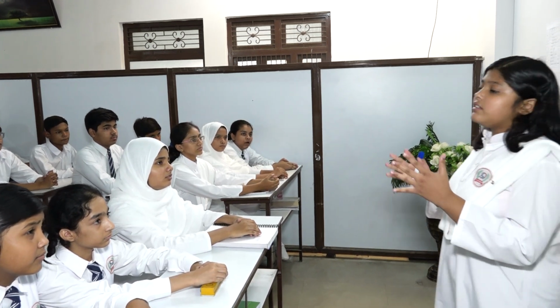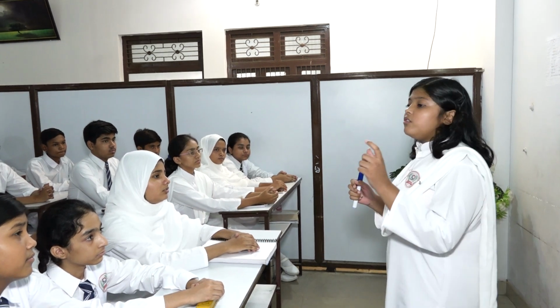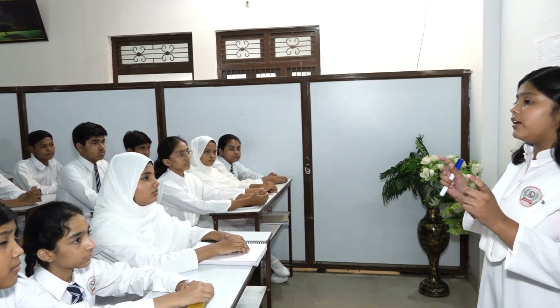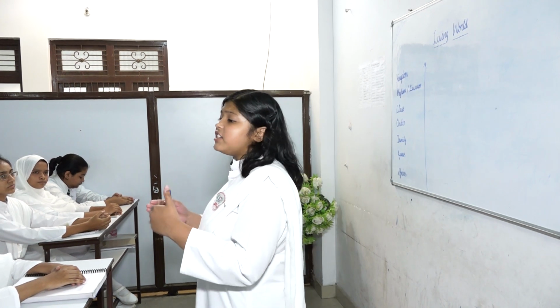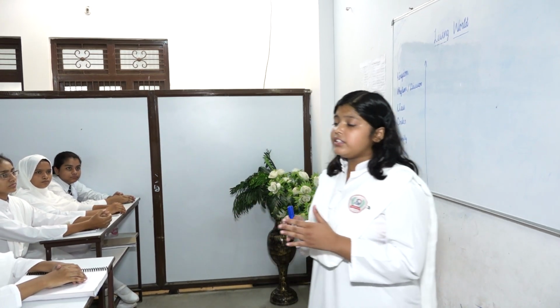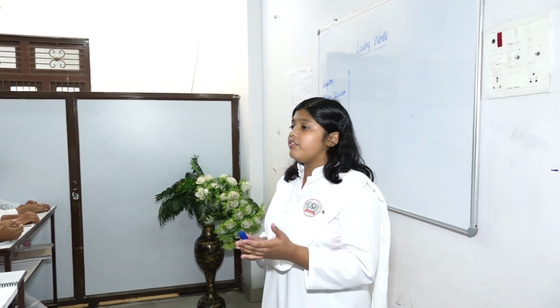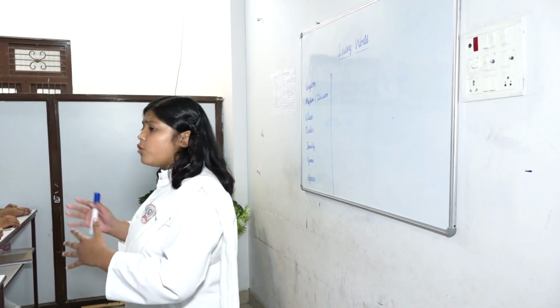Now let us talk about biodiversity. What is biodiversity? Bio means living and diversity means variety. The variety and variability of different organisms or species present on this earth is called biodiversity. Till now we have known about 1.7 to 1.8 million species. It is more than that, but till